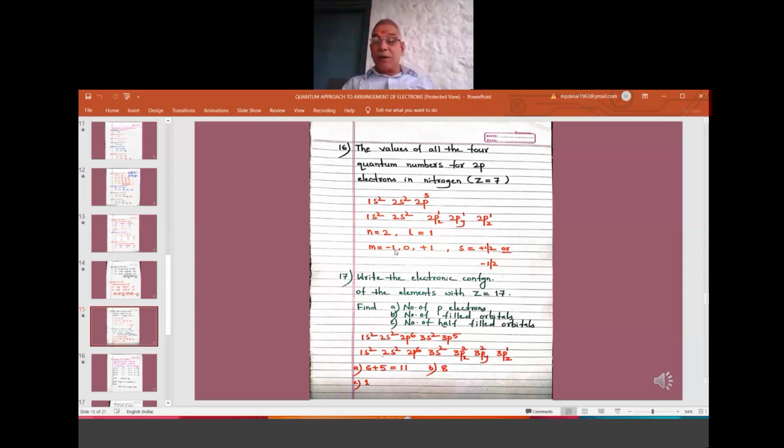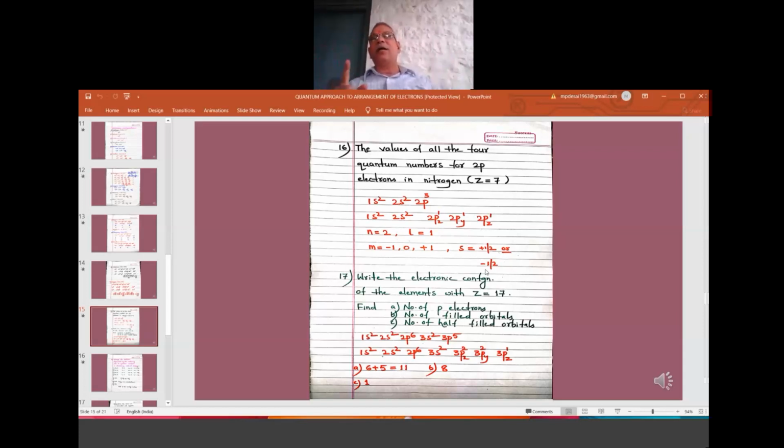So in 2p, how many electrons are there? There are 3 electrons. So each suborbital is taking 1 electron, half filled. Every electron in every orbital is with 1 spin, either clockwise or anti-clockwise, either upward or downward. So what is the spin quantum number for 2p? Because there are 3 electrons, each will have either a plus spin or a minus spin. Both are allowed.